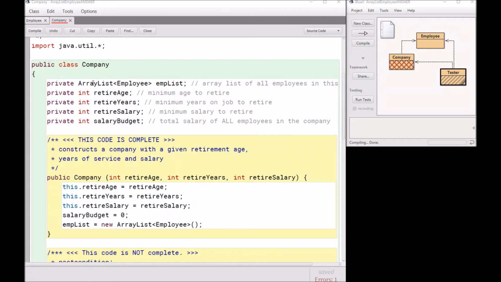A company contains an array list of employee objects named emplist. Okay, and a company also has a bunch of integers. These are all instance fields, of course: retire age, retire years, retire salary, and retire budget. All instance variables. All right, let's take a look at the constructor because this is a little bit different than